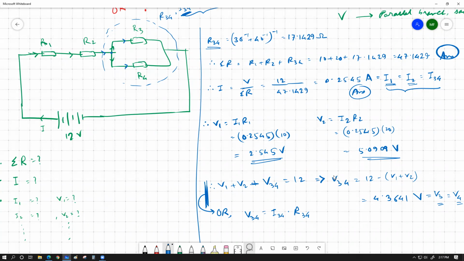0.2545. Yes. 0.2545, which is over here. And we have also calculated R34. How much is that? 17.1429. These are the two values that we have already calculated over here. So other than going for the addition, we could have also multiplied these two numbers and conveniently found V34. So this would be equal to 0.2545 multiplied by